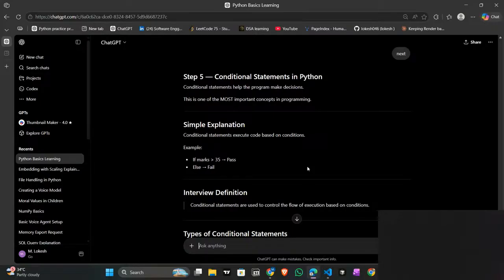If I buy the cake, pack and give it to me. Else, ask what do you want, sir? Can I help you? In between, another condition is given: elif. Elif will ask, can I get half a cake? That is a condition.